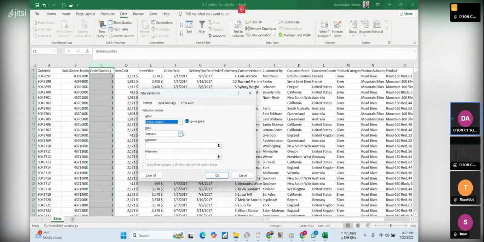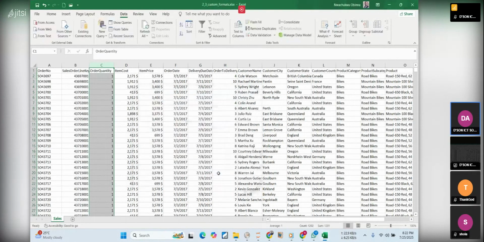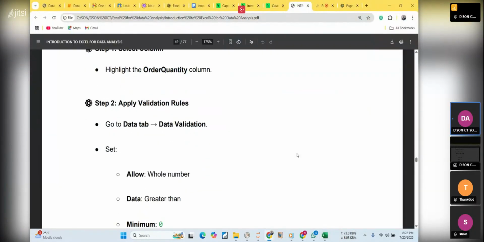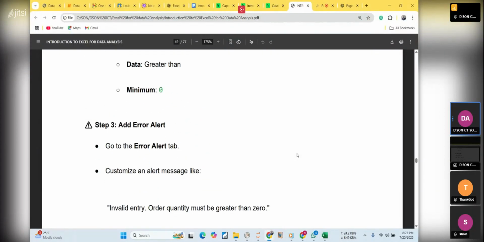And then between what, we want it to allow only what is greater than minimum 0. So what is greater than 0? You can explore other options on your own. Just try not between, equal to, less than, greater than, and so on and so forth. But for the purpose of this exercise, we are looking at whole numbers greater than 0. So by the time you click OK, the next thing you want to check is what we just did. Okay, I'm sorry,